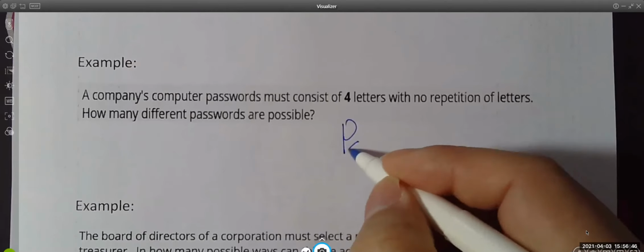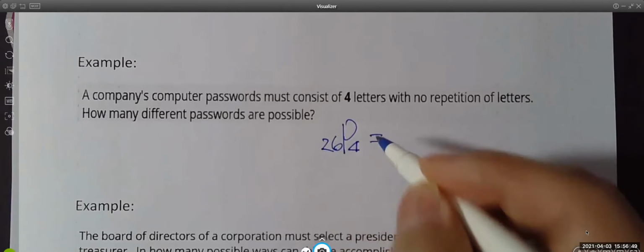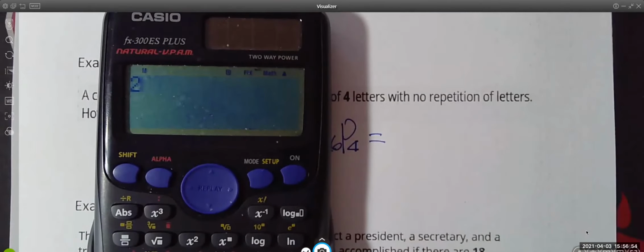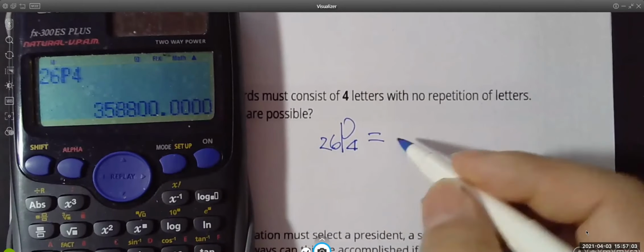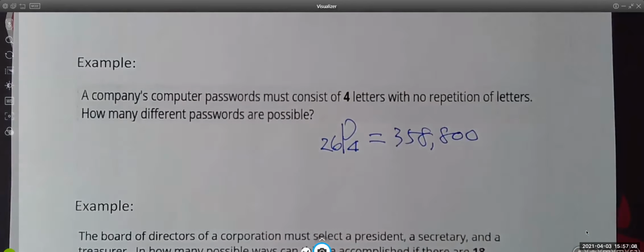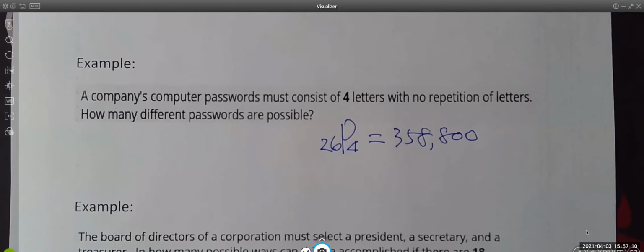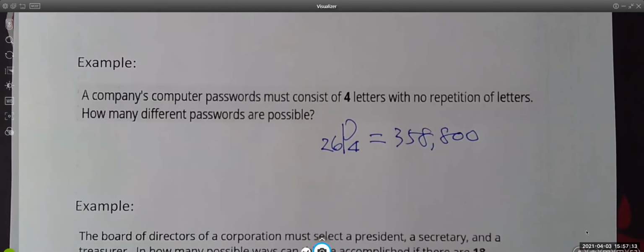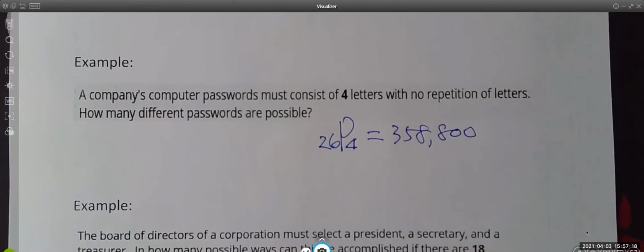So we choose 4 out of 26. Let's see how many different passwords we can have. 358,800. That's not a small number, just for 4 letters. If you add 1 more letter, that's way more than this. That's why when you go shopping online, and if you pay attention, sometimes the website